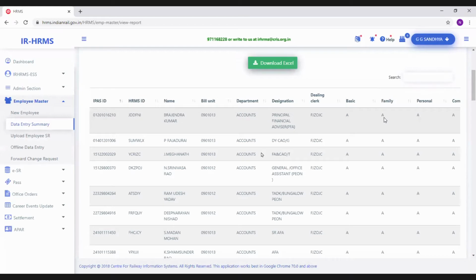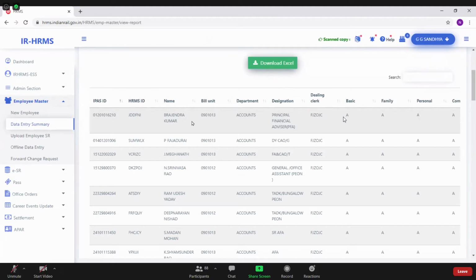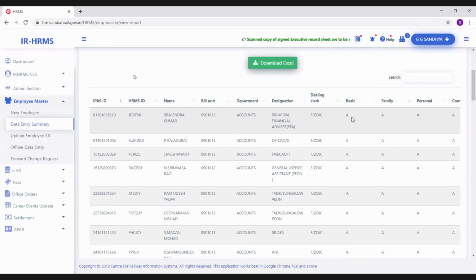These are all the accepted flags. All the flags should be in accepted stage. This is for the acceptance authority, who should ensure that all these tabs are in accepted state. The 7 tabs which I just mentioned earlier. Unless they are in accepted state, the same will not be reflected when the employee applies for a pass and all. He will not be able to do so, because all the 7 tabs need to be in the accepted state for the software to ensure that the employee can go ahead for the privileges.